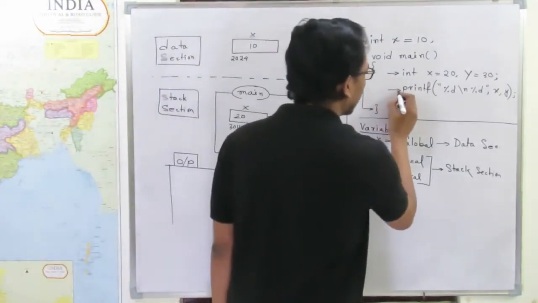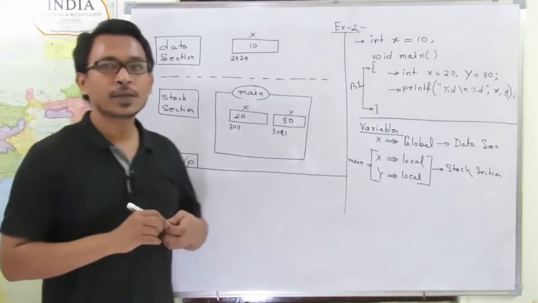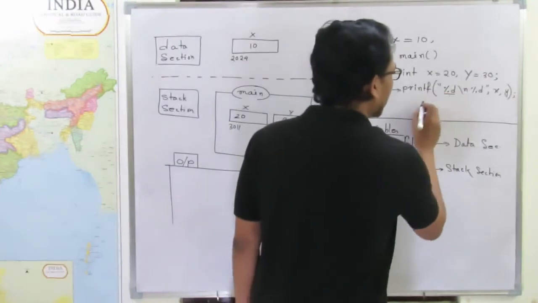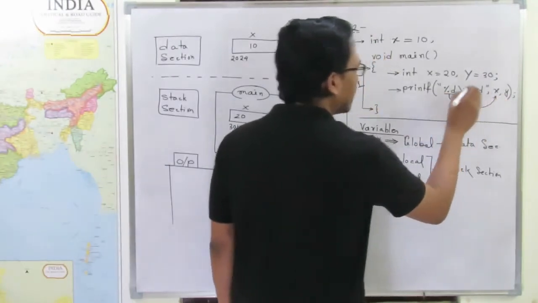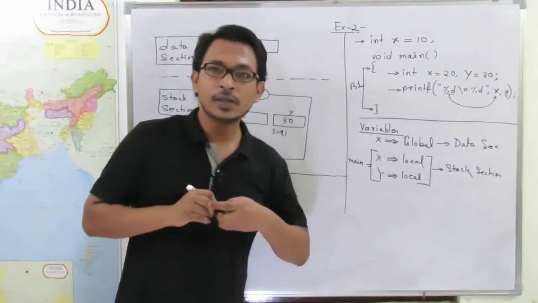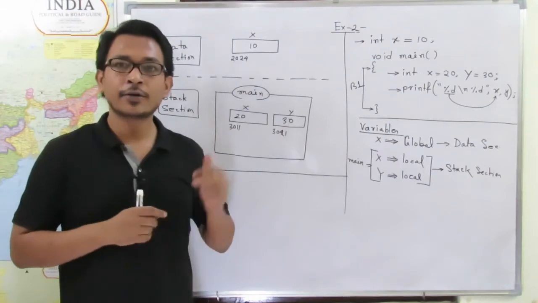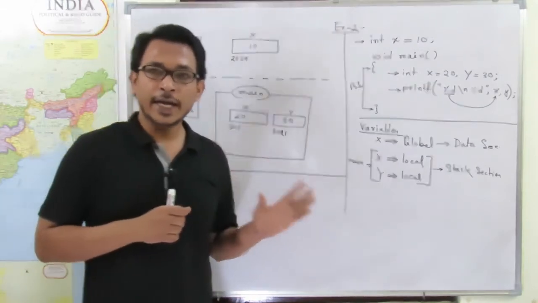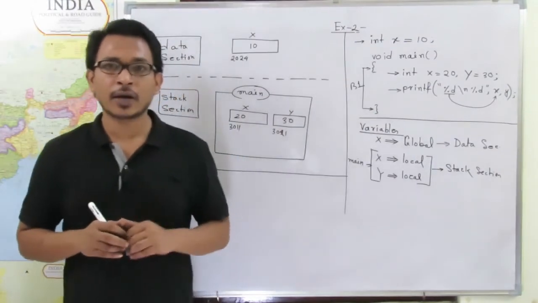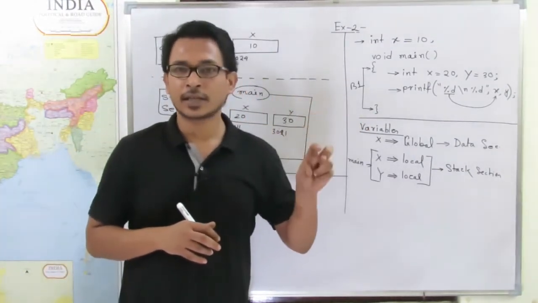Now coming to the next instruction. This instruction is a printf instruction, that means it will display some information in the output. So first is %d and the variable name is x. Now what will the system check? First, the system will search for the variable x inside the main block only. If the system does not find x inside the main block, at that time only the system will go for the global variable, that means the data section.